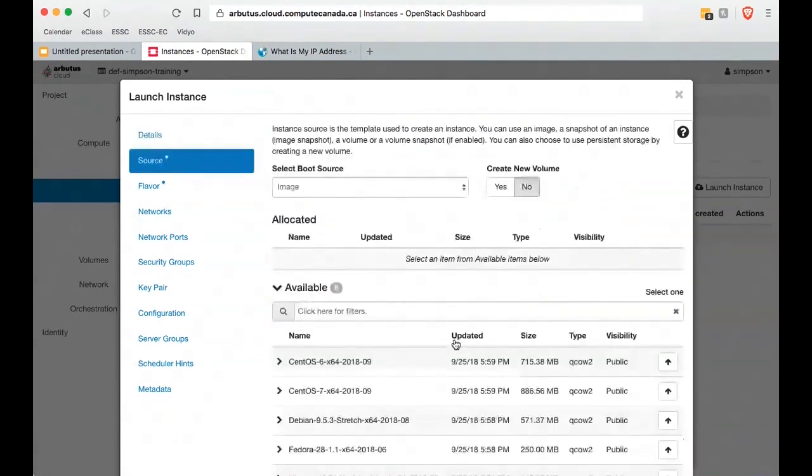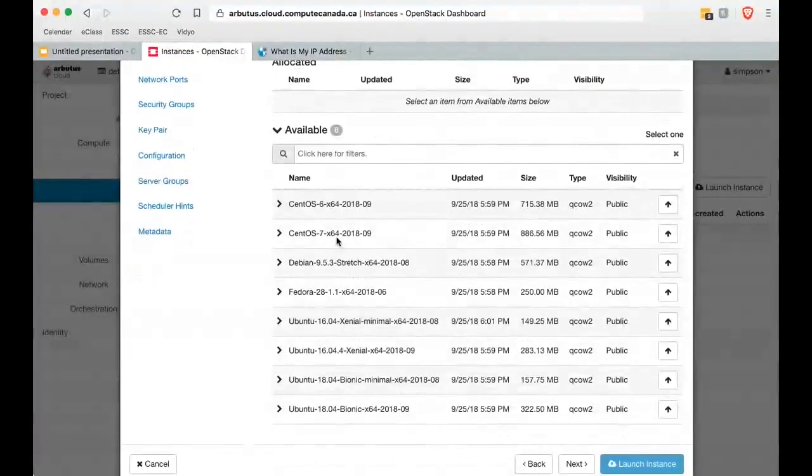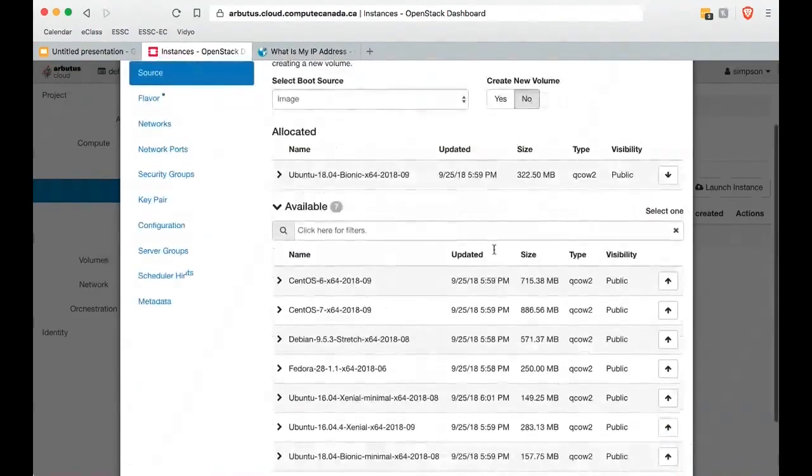When I come to source, here you're going to see something very similar to the images panel that you saw before. So here's all the operating systems that are preloaded as images for you to boot your virtual machine with for its very first time. So I'm going to choose Ubuntu 18.04. This is Bionic. I'm not going to choose the minimal one because I don't know what you're going to do with this in the future. So if we install the full version, that'll be fine. People have different flavors that they care about. You're welcome to make your own choice there.